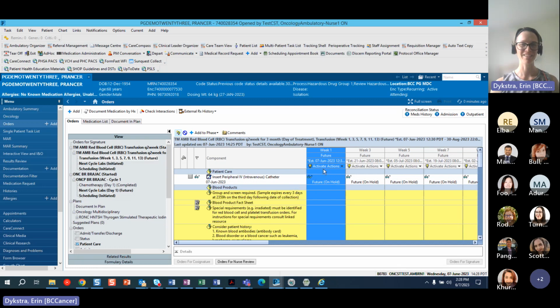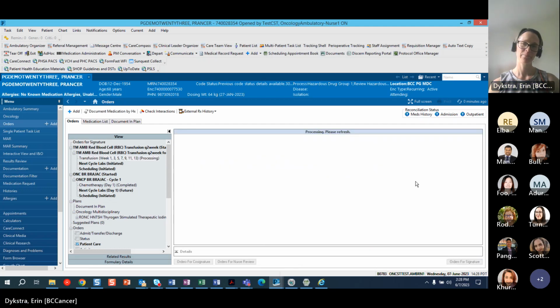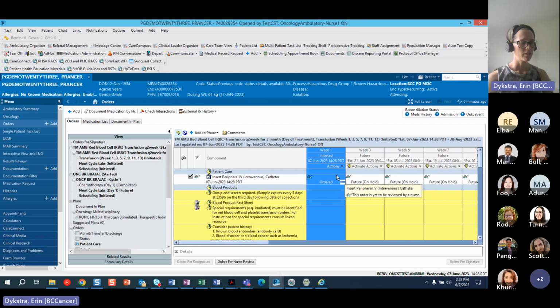There we go. Okay, that's better. So now we can activate that day of treatment, orders for signature, and sign. If this were a same-day transfusion, then there will still be some verbal communication required, because if the physician is entering these orders in the clinic and the patient's going straight over to the medical daycare for the transfusion, then